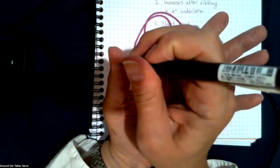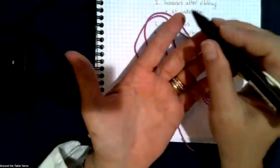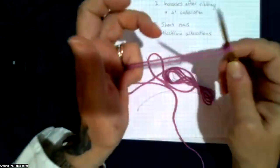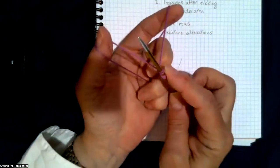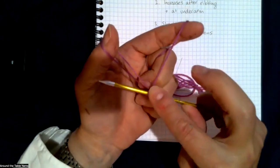And a 3 at the top of my thumb. So 1, 2, 3. When I make a stitch, I grab my yarn and spread it between my pointer and my thumb and bring it down in a V. I take the tip of my needle up my thumb